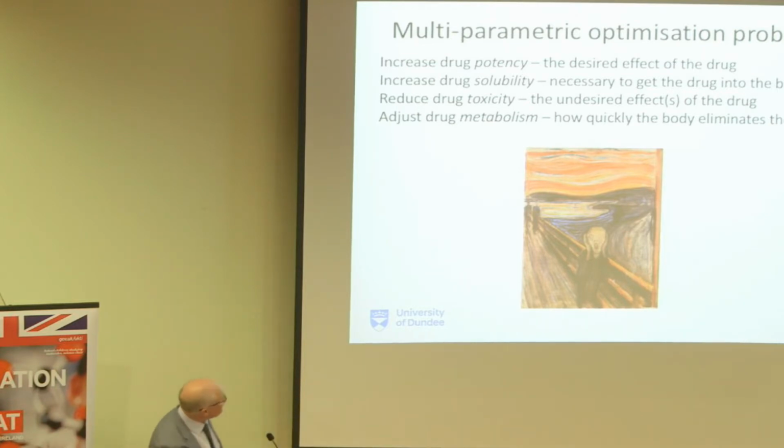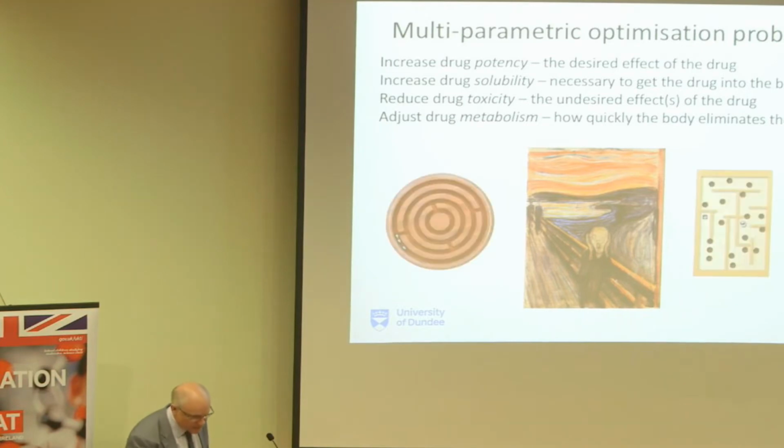So the old folks in the audience will be familiar with the old ball bearing game. This is exactly the problem, where you've got multiple ball bearings and you have to get them all into the center at the same time. And you've got 3 in place, and then you try to get the 4th one in and the other 3 pop out. It's exactly that problem, multi-parametric optimization. This is the iPhone equivalent for the younger people in the audience. So that's why that one's round, that one's square. But that's the problem that we have.